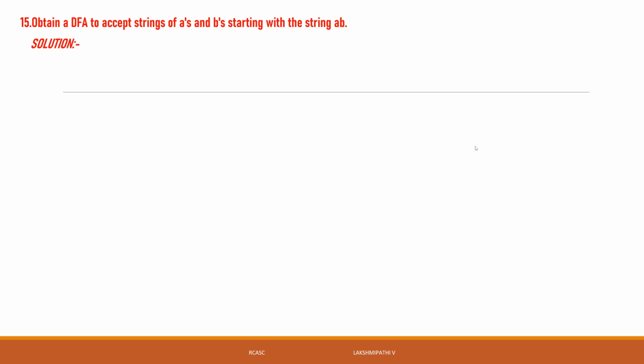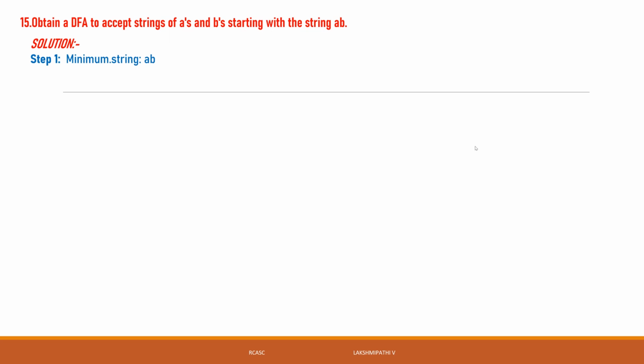According to the pattern recognizing DFA, the first step is the minimum string. We need to find the minimum string. What is the minimum string of this? Anyone? What is the minimum string? Here the minimum string is AB. AB is the minimum string. Then we take it, the minimum string is AB.